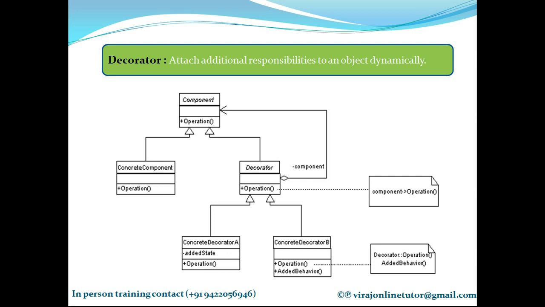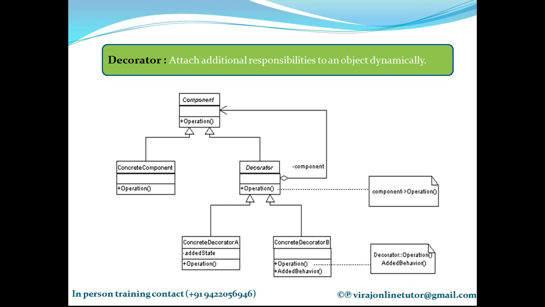So since the interface of the decorator has to be exactly the same as the object that it decorates, therefore they should inherit from the same class as that of an object. So I have a concrete component here. So what did I do? I created a base class with the same interface as the concrete component, and decorator is inheriting from the base class, because one of the very important principles I had taught while starting the design patterns was never ever inherit from a concrete class.